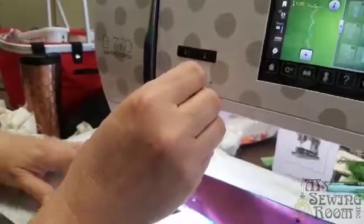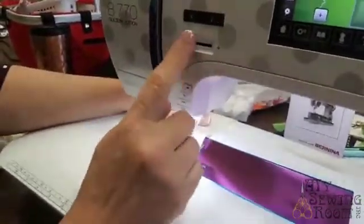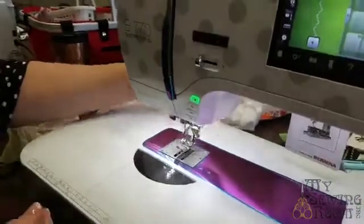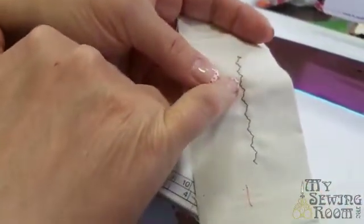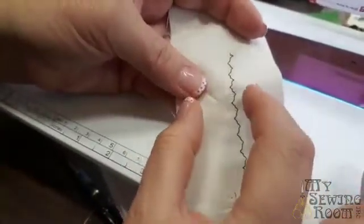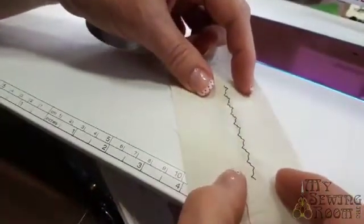This would gather over 2 cords. Oh, and the channel in the foot would hold the cords in place. So there'd be a cord under this zigzag here and a cord under that zigzag there. And you make it really wide. And then the reason you use the buttonhole foot is because it has 2 channels that hold the cord in